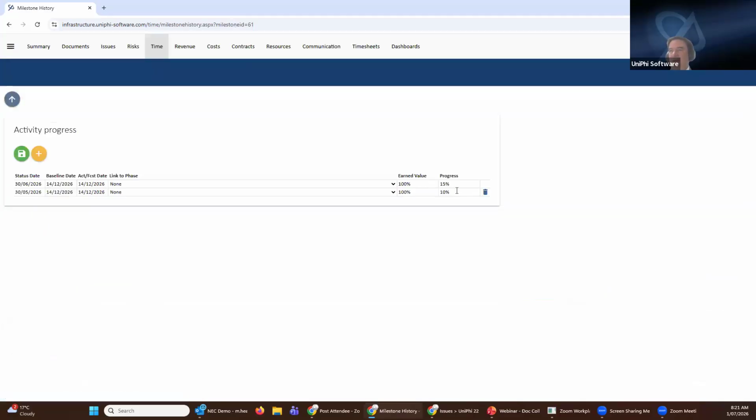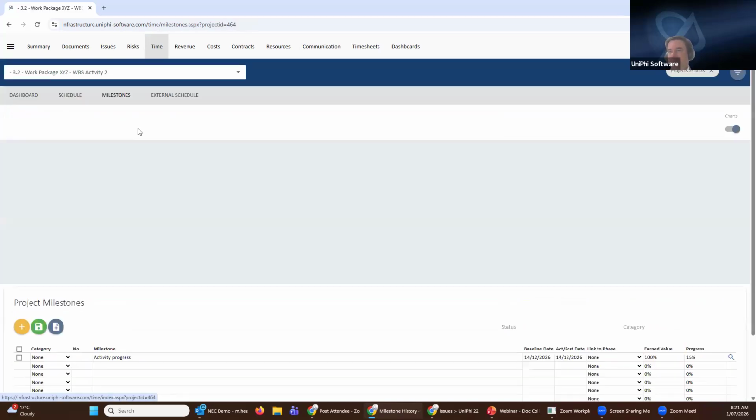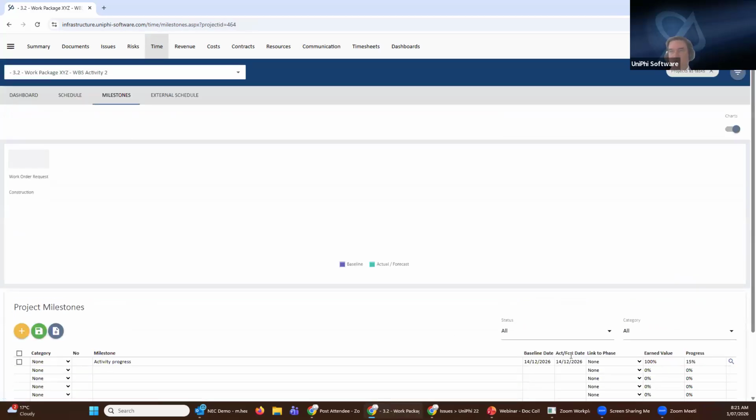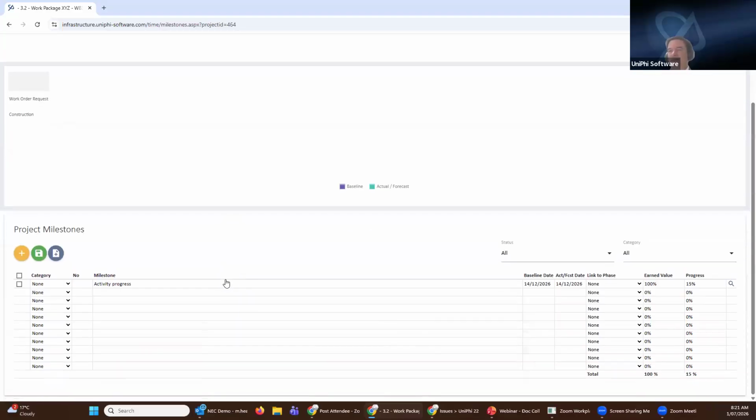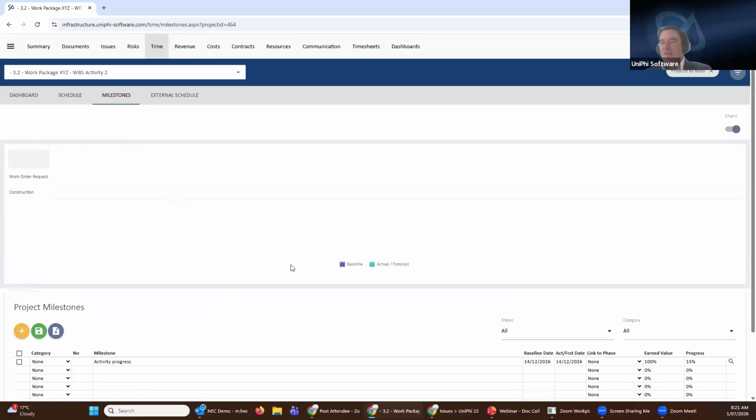And again, there will be a trend line. Every time you've updated that, the status date will update automatically from the XML file. The percent complete will update automatically from that, as will the baseline and actual forecast dates. So we're going to come back to this with the coup de grace at the end of the session to show how the quality element will come in to this particular activity.